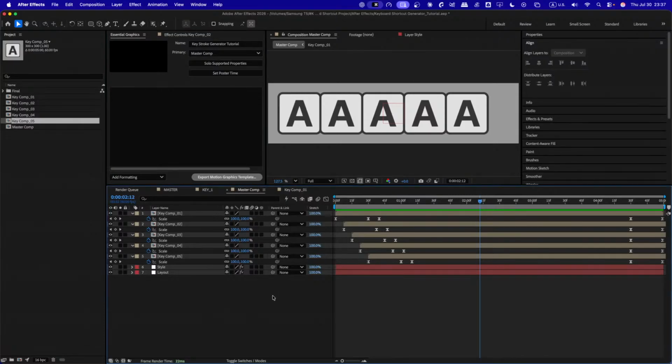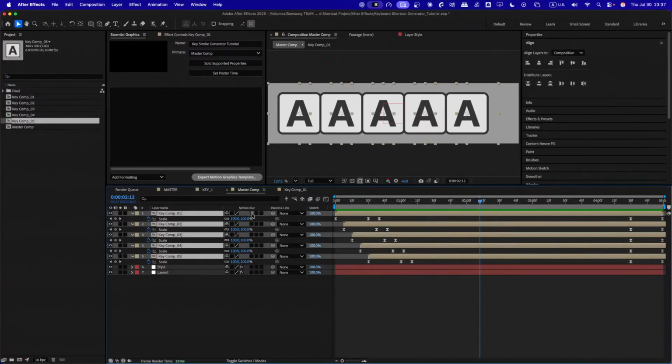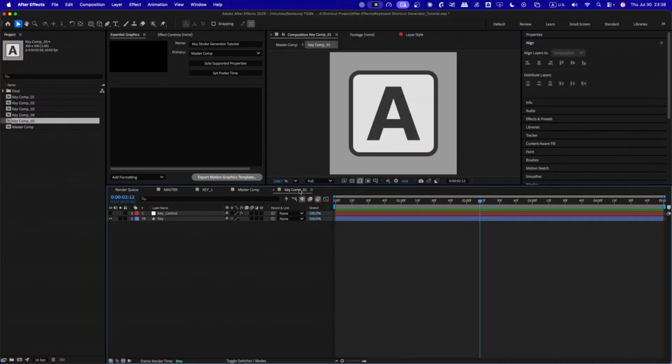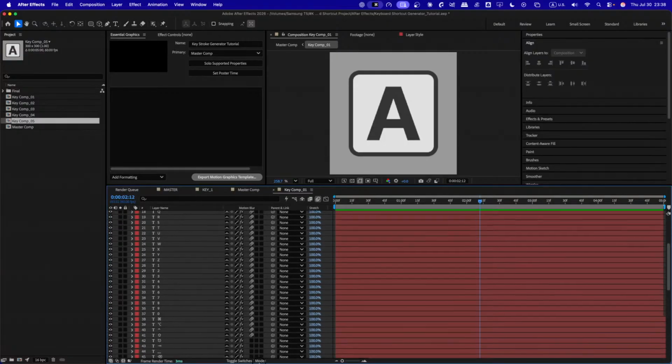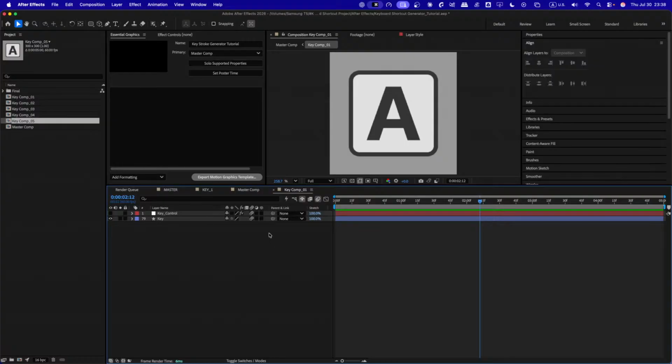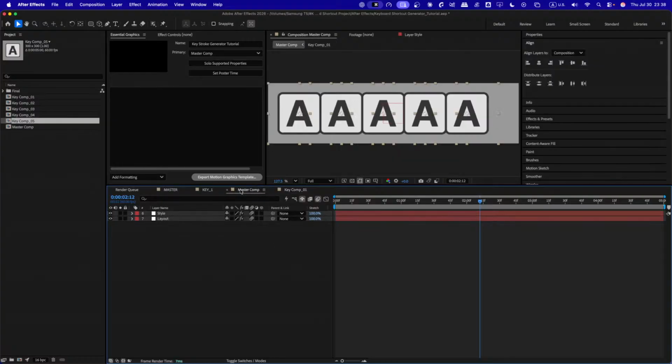Before going to the essential graphic, I want you to enable motion blur for all the layers, just to be safe, and enable shy for these layers and hide them, because we don't need those as of now. The same thing you can do here. You can enable all the layers and apply it to this, nothing is going to happen here, just to be on the safer side. Then go to the master comp,